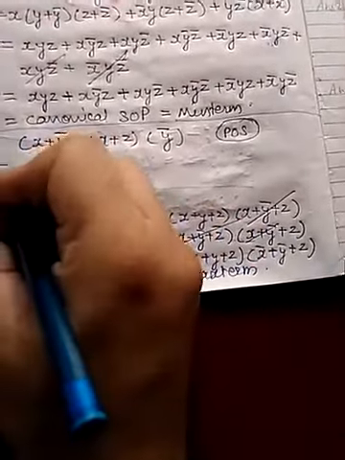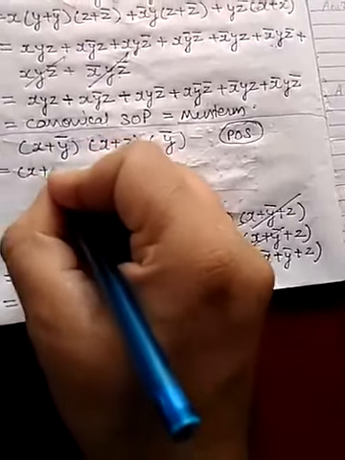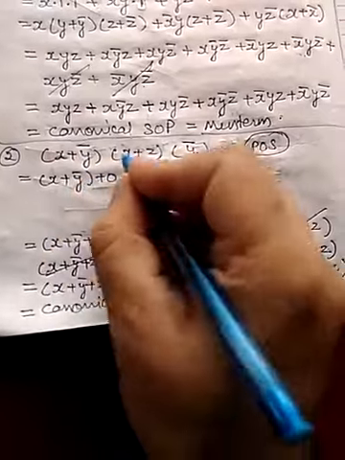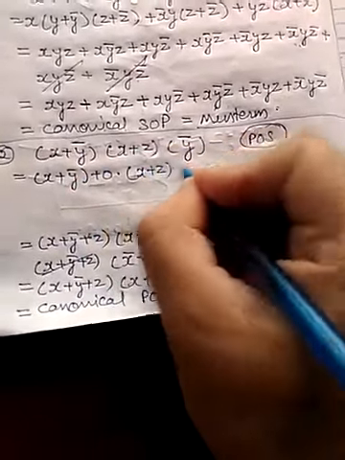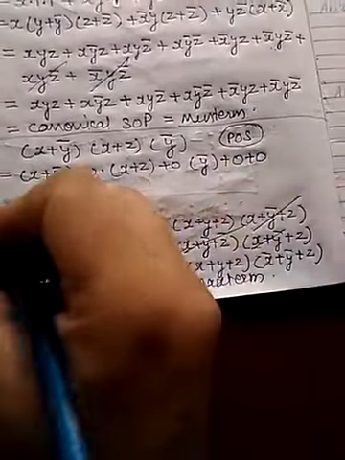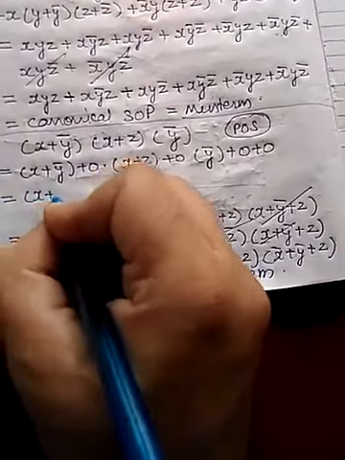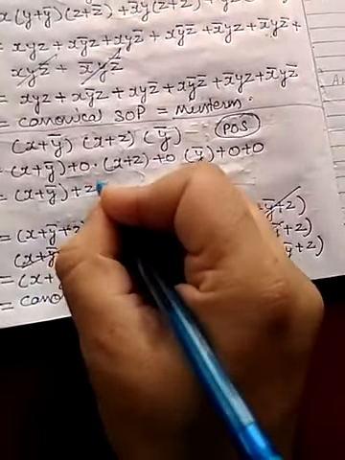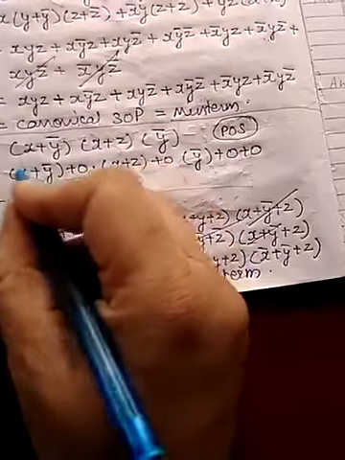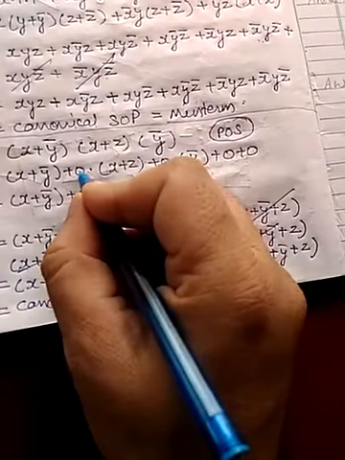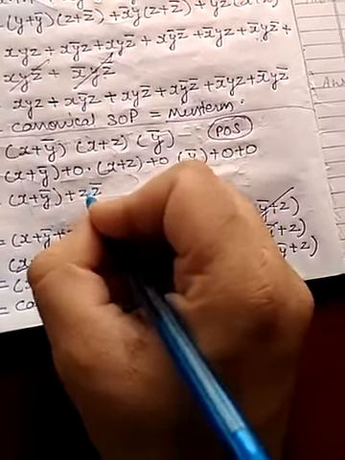Let us see. I can write this function like this, plus 0, because the property of 0 is that x plus 0 is x, so there is no difference in this term. In the same way, x plus z plus 0. In the same way, y naught plus 0 plus 0. Again, I am writing this function like this. For this 0, I am writing z into z naught. Meaning for the variable which is missing over here, I am writing the combination of that. So z into z naught is 0, that is the complement law. So 0 can be written in this way.